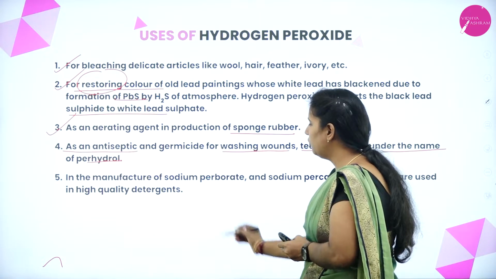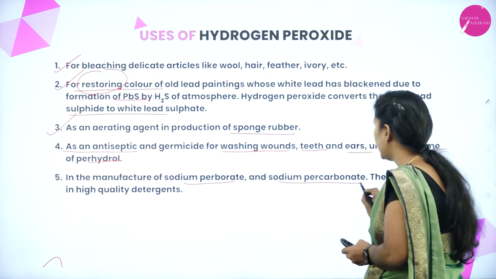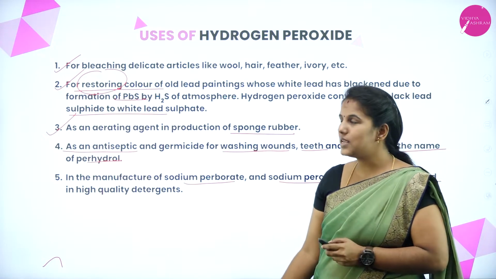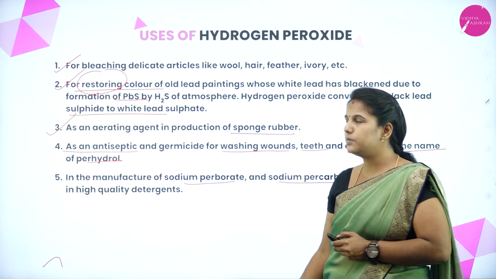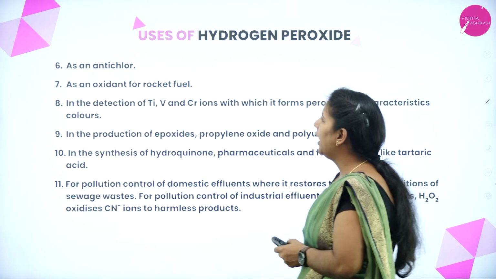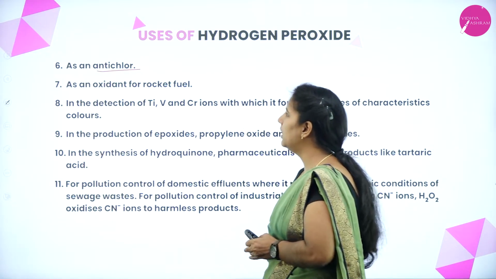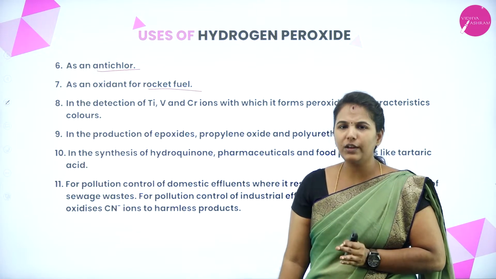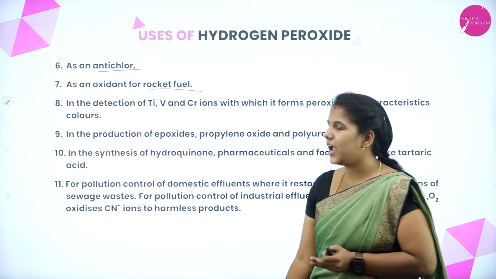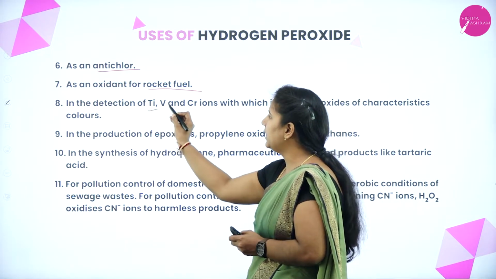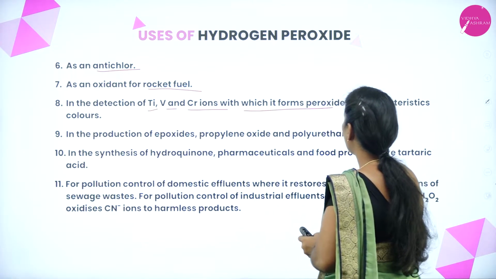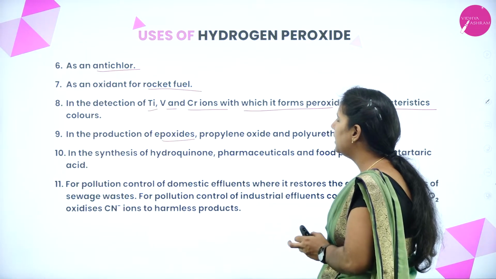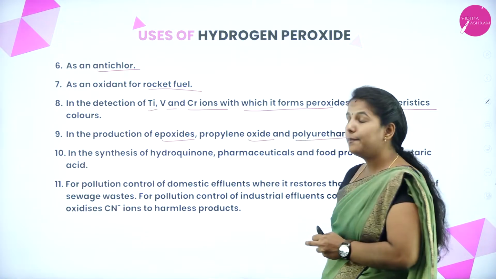In the manufacturing of sodium perborate and sodium percarbonate, which are also used in high quantity in detergents. So these are some of the main uses of hydrogen peroxide. We'll discuss another few. It is also used as an anti-chlor and as an oxidant for rocket fuel. So in rocket fuel, it is used as an oxidizing agent, and in the detection of titanium, vanadium and chromium ions, which form peroxides of characteristic color, and in the production of epoxide, polypropylene oxide and polyurethanes